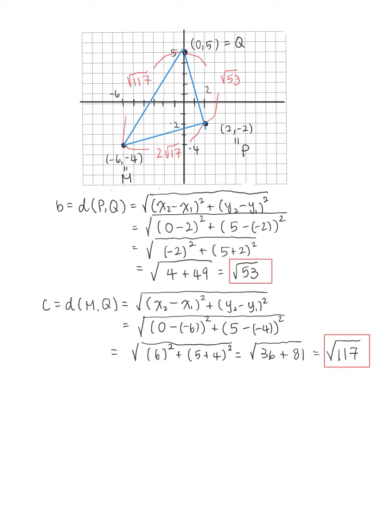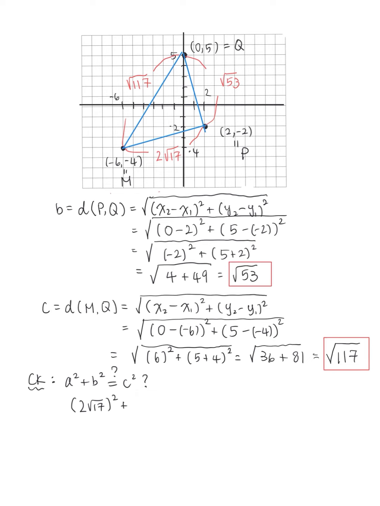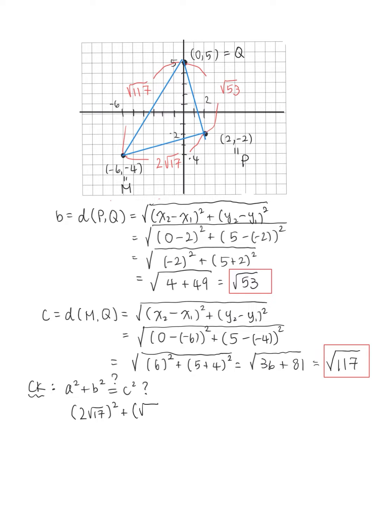Now let's not forget what we're trying to do here, right? We're trying to verify the Pythagorean theorem. So now what we need to do is check: is a squared plus b squared going to give us c squared? All right, let's do it. So our a is 2 square root of 17 squared, and then plus b was what? Square root of 53 squared. Now the question is, is that going to equal the square root of 117